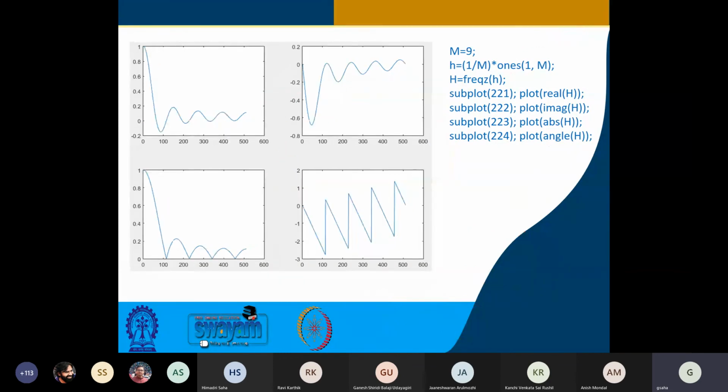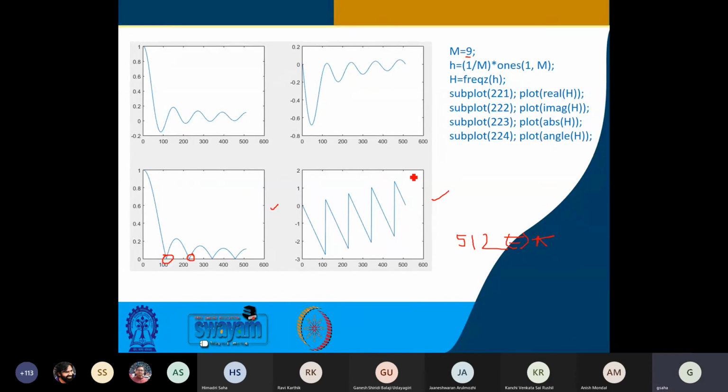Maybe if we take one more example, it will be clearer. So now that we have seen that this matches, we can go ahead and look at M equal to 9. Again, this is inherently doing a mapping of 512 to pi. Now these points, do they match with theory? Can I get a comment on this?